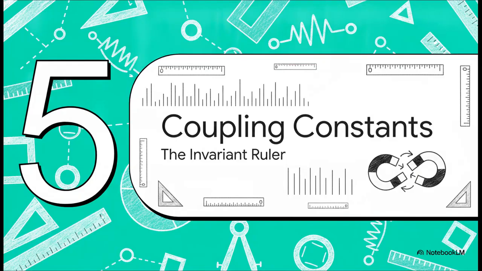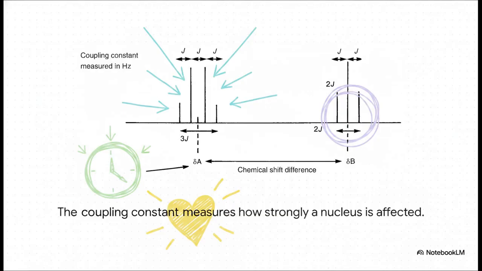Which brings us to part 5, measuring coupling constants, the invariant ruler. Now that we actually know how many peaks there are and how tall they are relative to each other, we need to pay attention to the space between them. If you look closely, the distance between the individual peaks within a multiplet, which we represent with the letter J, is completely constant across the entire group. This distance is called the coupling constant. It's a precise measure of exactly how strongly a nucleus is affected by the spin states of its neighbor,